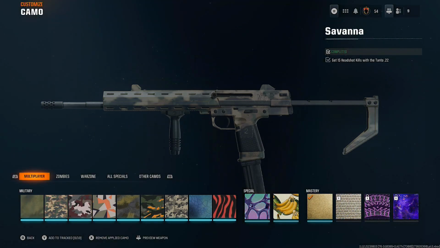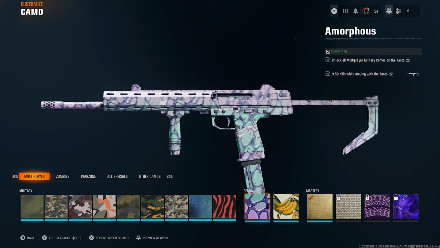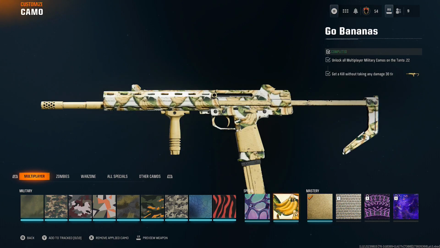Onto the Tanto 22, which requires you to get 50 kills while moving, just like the KSV. It's the exact same camo challenge. Just get kills while you're moving around, and if you stop in a wall, just start moving in a different direction. And then get a kill without taking any damage from that enemy. I think it's from that enemy in particular 30 times, which